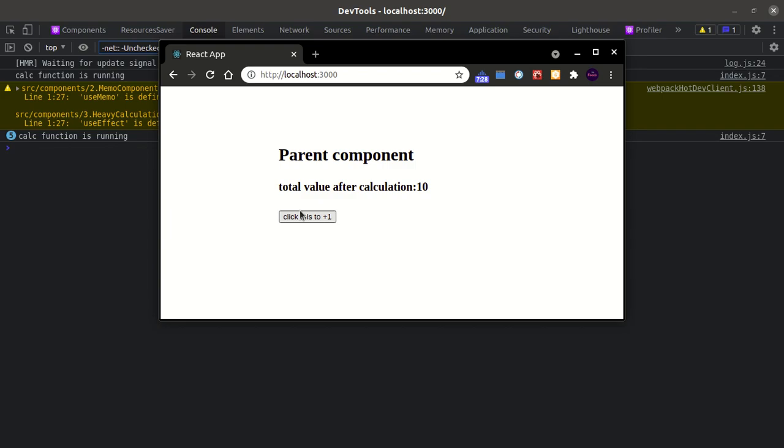So as you can see here, each time we clicked add 1 to the count value, the calculation will run once, right? So this is not quite right because